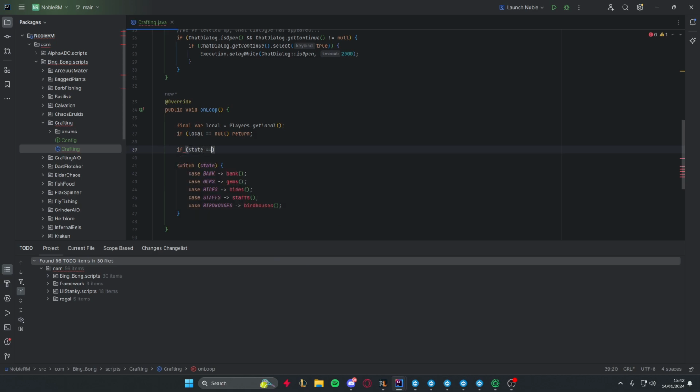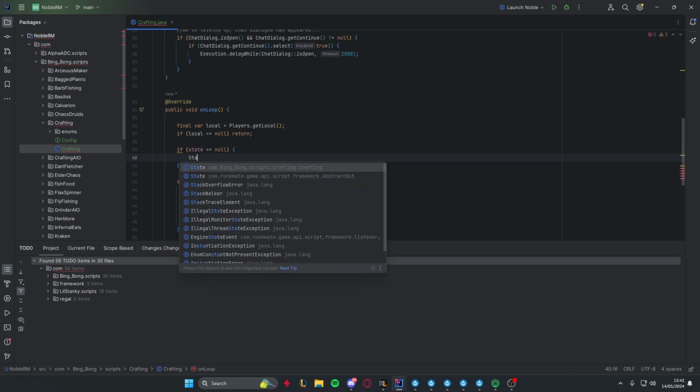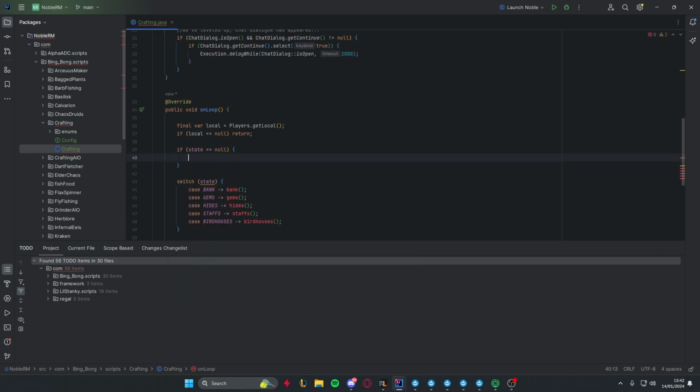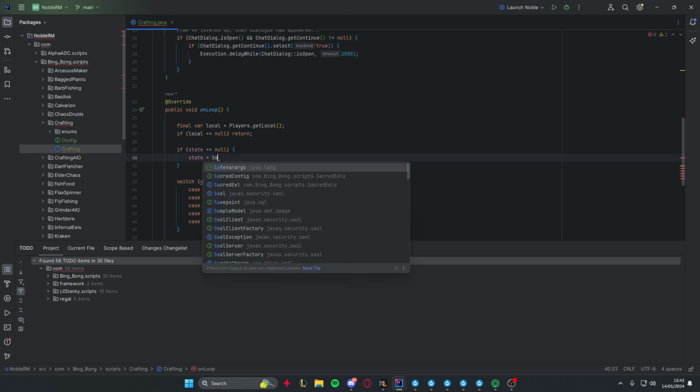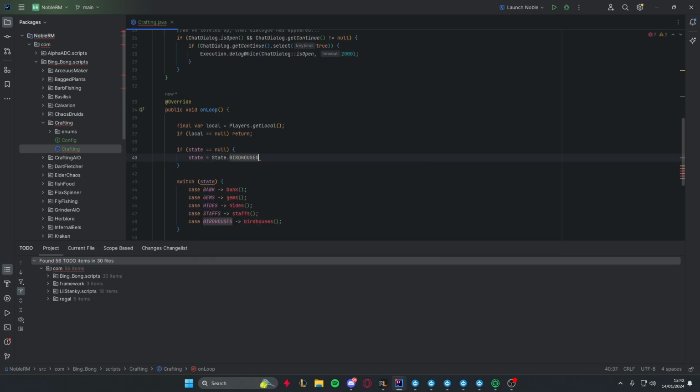If state is equal to null, I'll just put state equals, I've done it wrong. State equals state dot birdhouses for now. We will obviously want to change this, so check what config is selected,